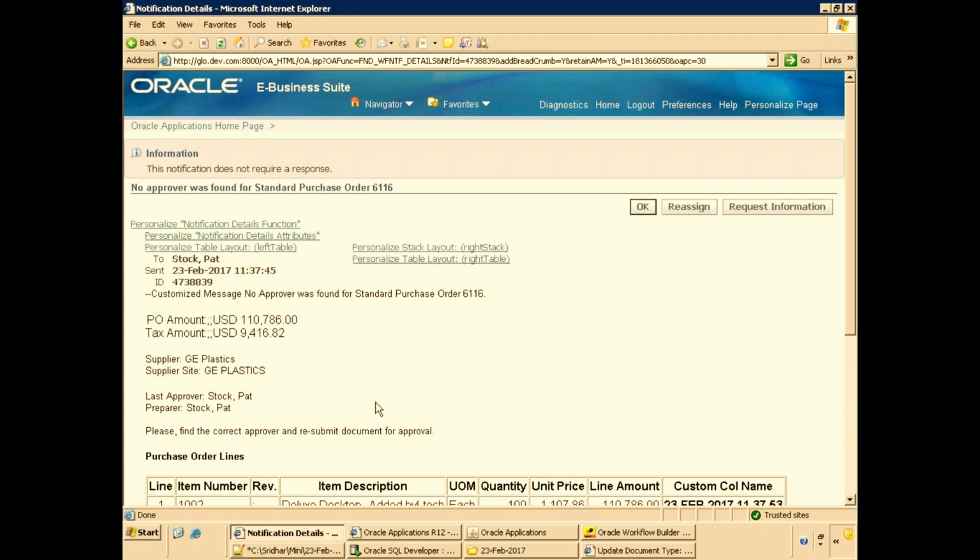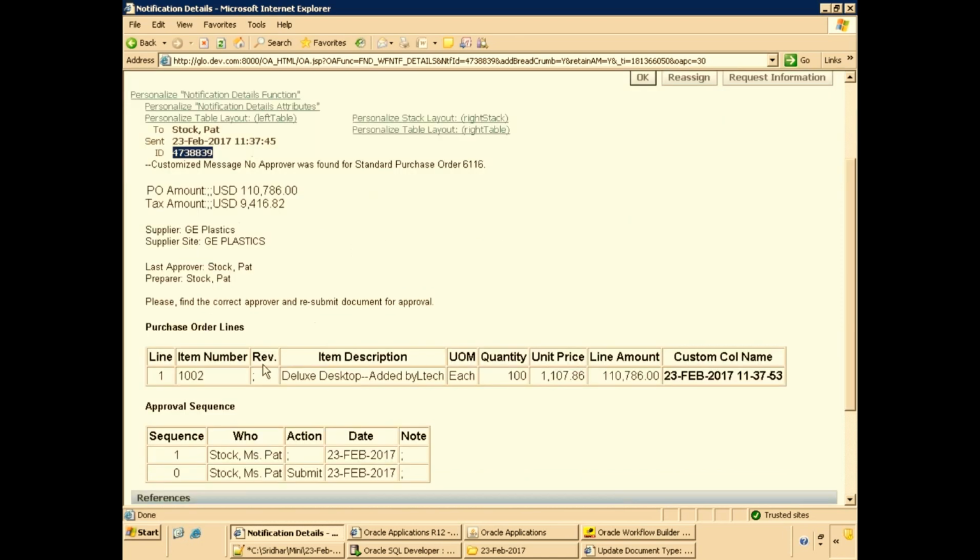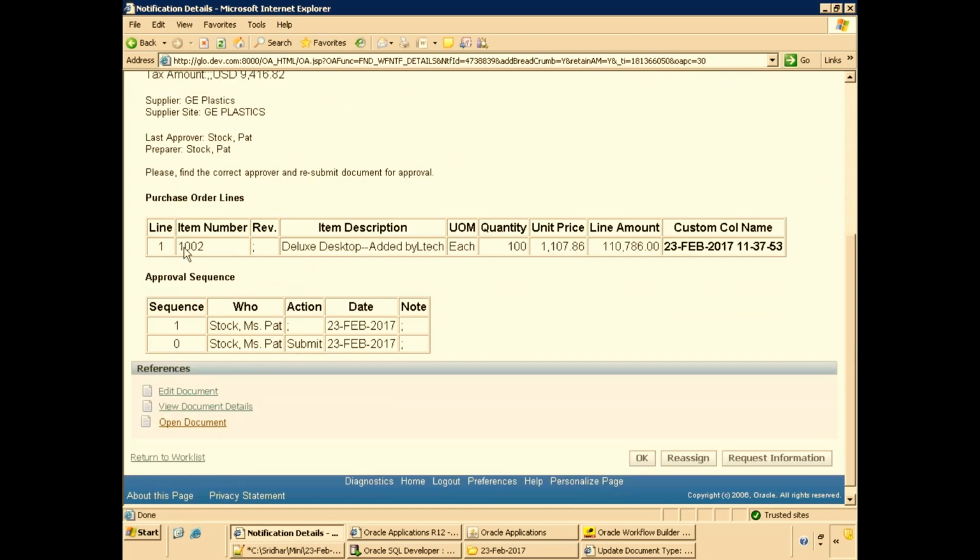So the easiest way is, if you have a notification and your requirement is, most of the times the basic requirement is changing the notification, adding some custom messages. Now let us say we just modified our message. If you observe the remaining part, these are all normal data, displayed based on the normal variables, like PO amount, tax amount. The only difference is this purchase order lines data, which is getting populated from a PL SQL package, and this is HTML content.